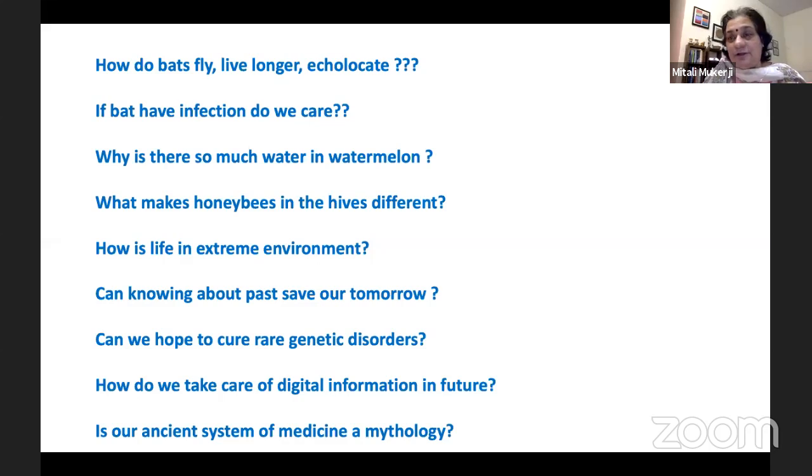We are all heavily using a lot of digital media, and we will surely run out of space after some time. So how do we take care of compacting information so that we can actually have more space available to us? Or the last question is that we have this question always asked, that there is this ancient system of